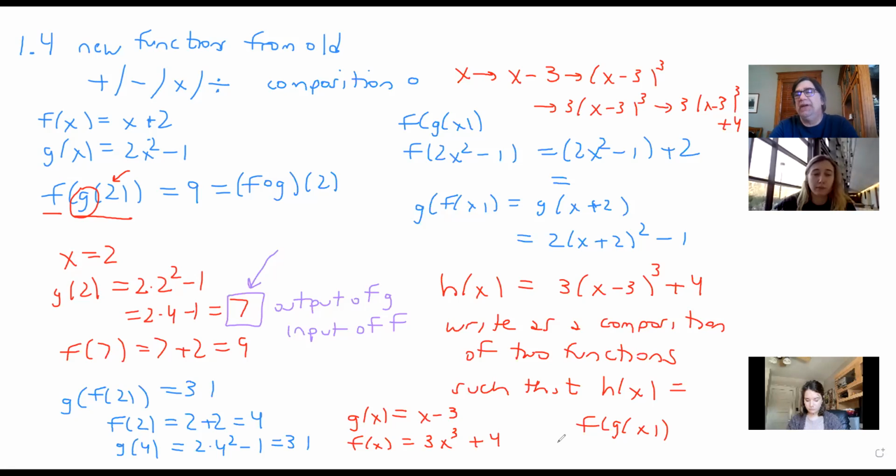Now, that's not the only answer because this one is kind of a multi-step question. But if g of x was x minus 3 cubed, you take that as an answer, then all I have to do to get the answer is multiply by 3 and add 4. So another possibility would be x minus 3 cubed, and then 3x plus 4. So it's kind of like, where would you start when you're trying to form the composition? Would you start here? Would you start here? Would you start here? So you can see that either of these two representations would give you